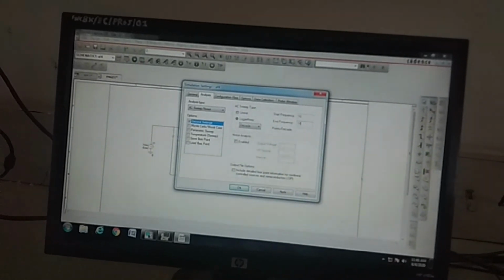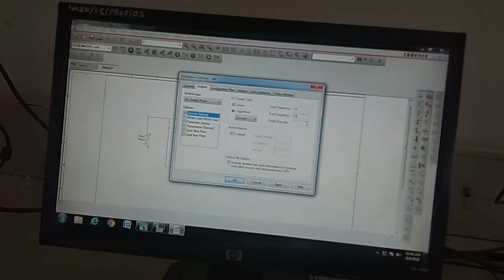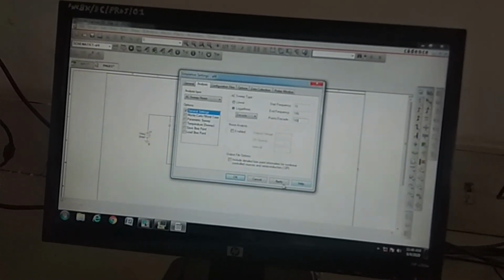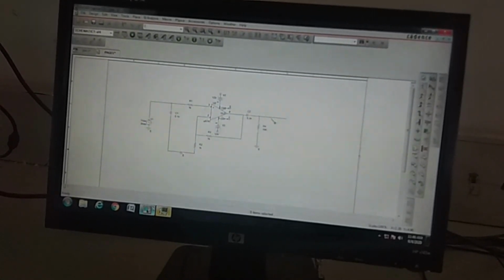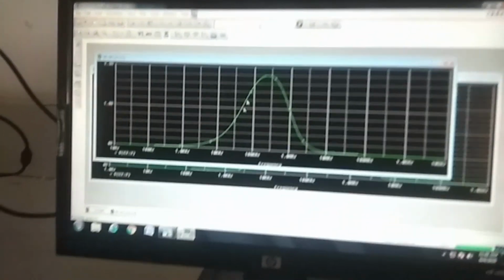End frequency as 10 gigahertz. Capital G. And points as 100. And apply. OK. So this is the response for bandpass filter.